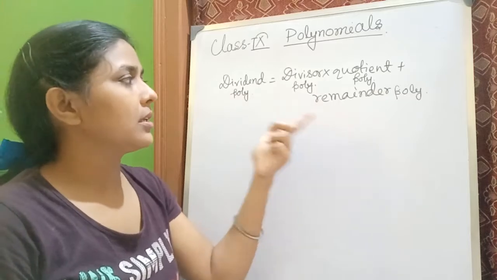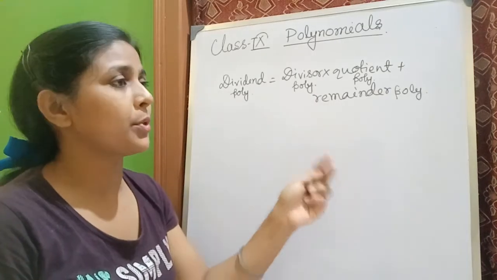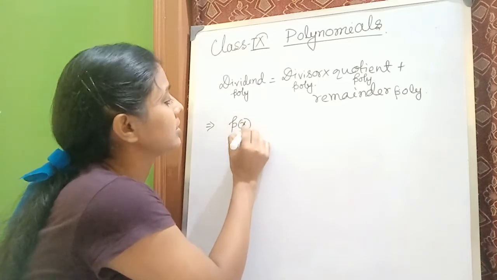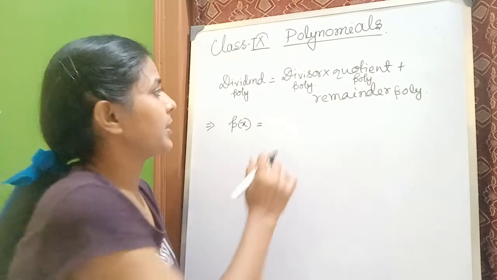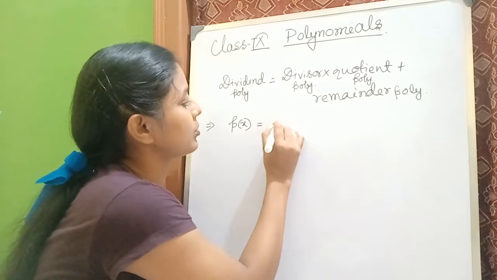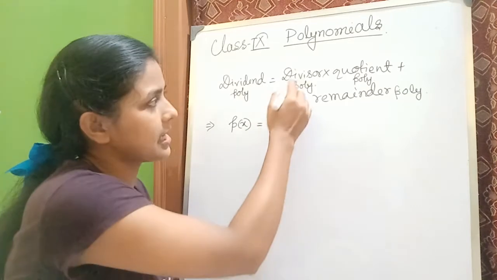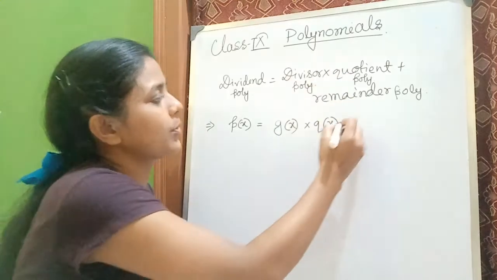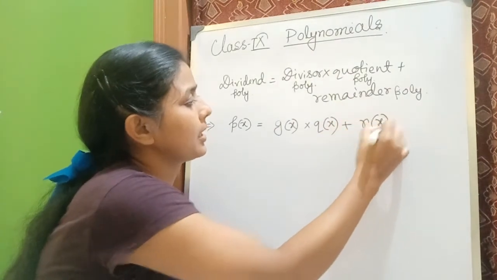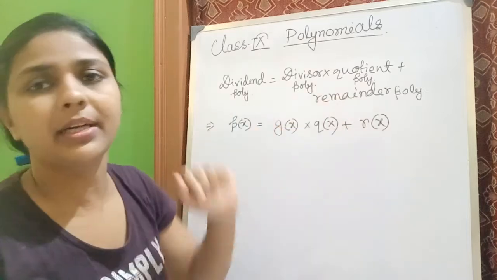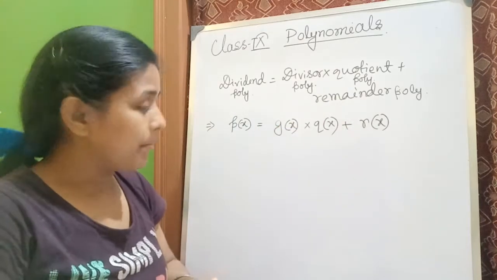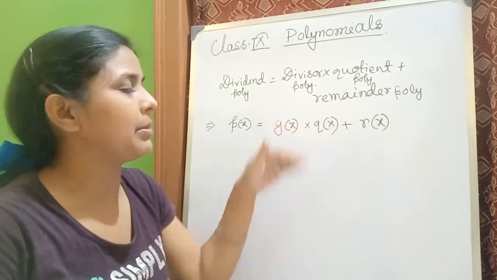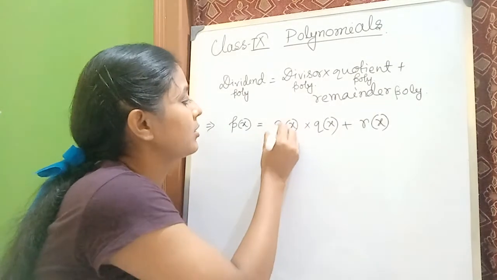This is the formula for division of polynomials, and I'm writing it in algebraic expressions like this: P of x equals g of x, I am taking it as the divisor polynomial, q of x, I am taking it as the quotient polynomial, and r of x, I am taking it as the remainder polynomial. But the statement will be valid only if we write one thing, that is